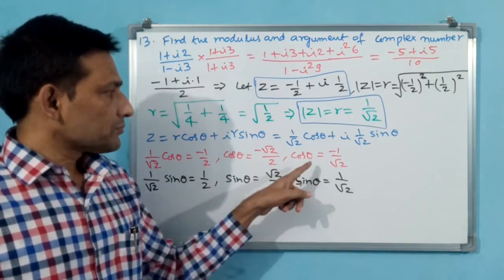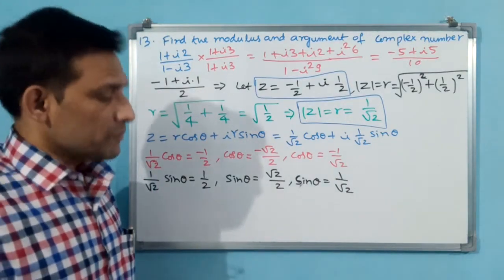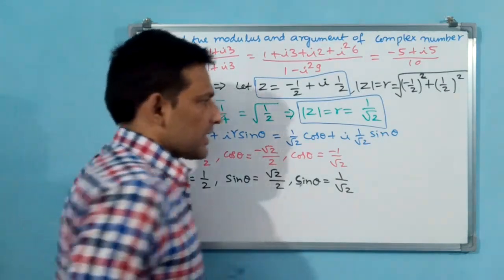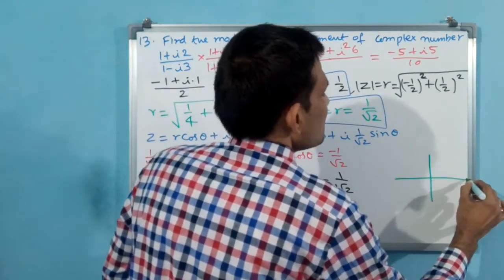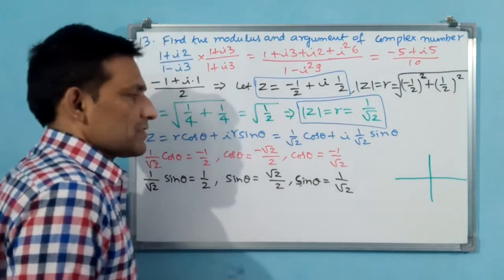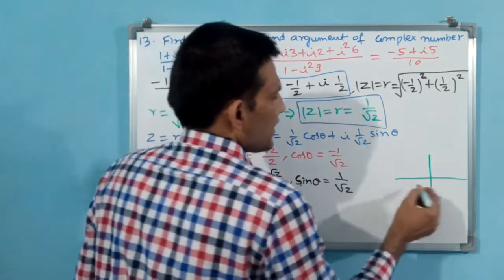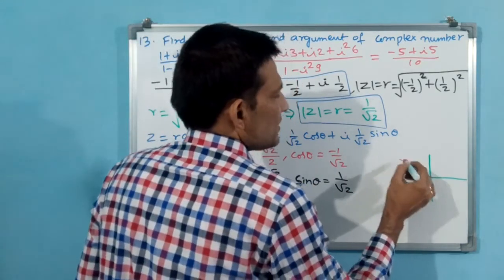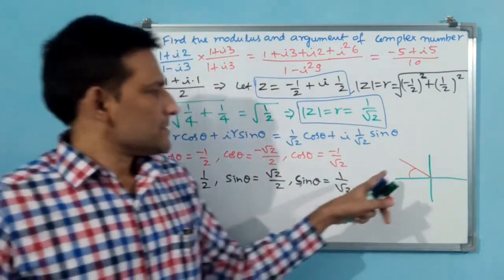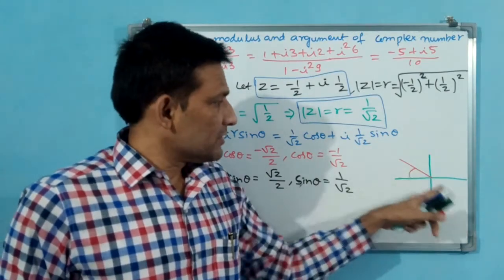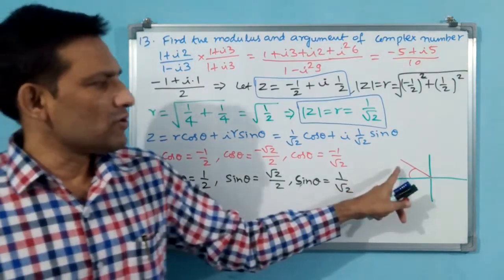Now you see, with these two results we can find theta, the argument. Why? Because see, cos theta is negative, sin theta is positive. Which quadrant? That is also very important for calculation. Okay, I am writing here. This is the first, second, third, fourth quadrant. Sin theta positive and cos theta negative. Here sin is positive but cos is negative. Cos should come negative, sin positive. Okay, that is over. Now we have decided the quadrant.